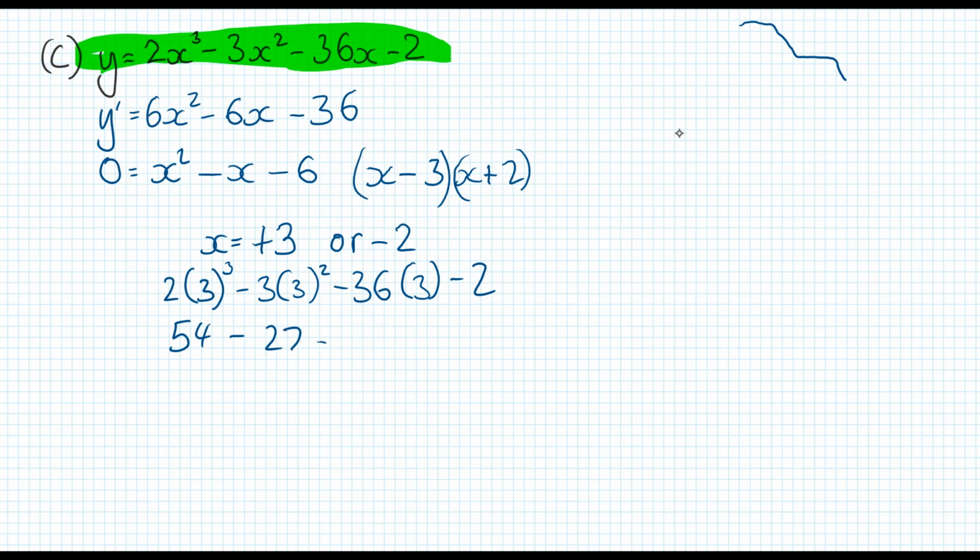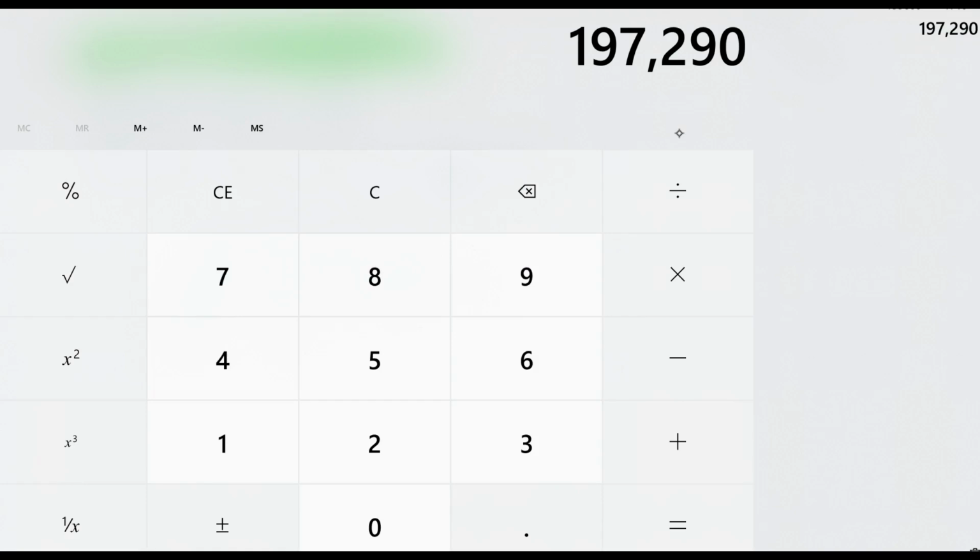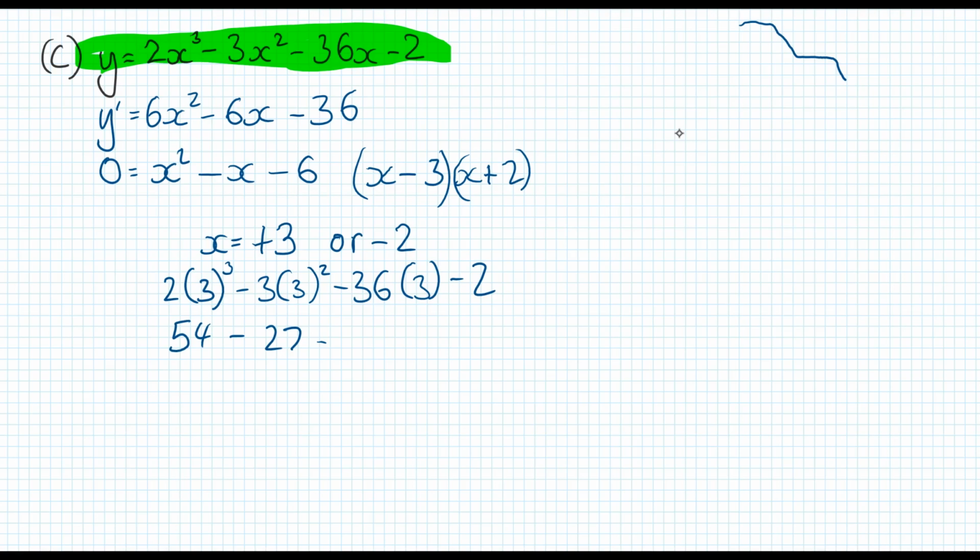minus 36 times 3. Sorry, I'm cheating. 3 times 36, 108, minus 2. Okay, then 54 minus 27 minus 108 minus 2. Okay, and you can work out the second one. For the sake of time, I'm going to skip that step and just go on to the nature of the